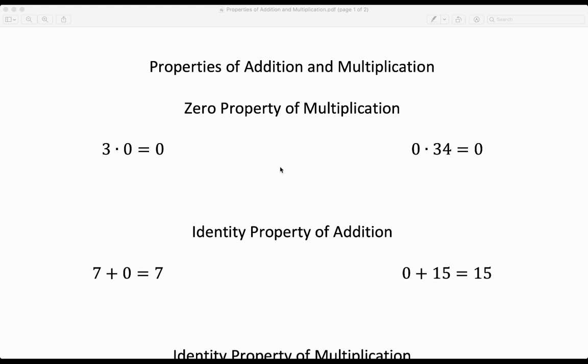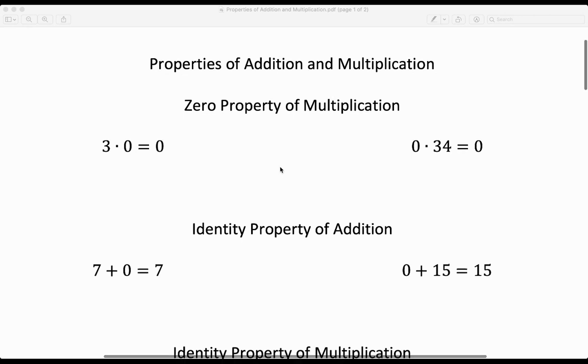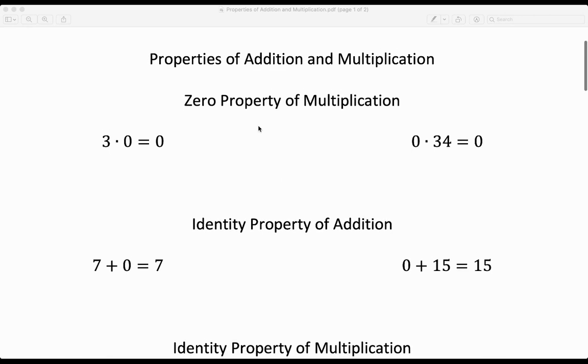Welcome. Today's lesson is going to be a very quick lesson on just basic properties of addition and multiplication. So this does not deal with subtraction or division. I just want to clarify this. These only deal with addition and multiplication. And there are a few that only deal with multiplication, like the very first one here, the zero property of